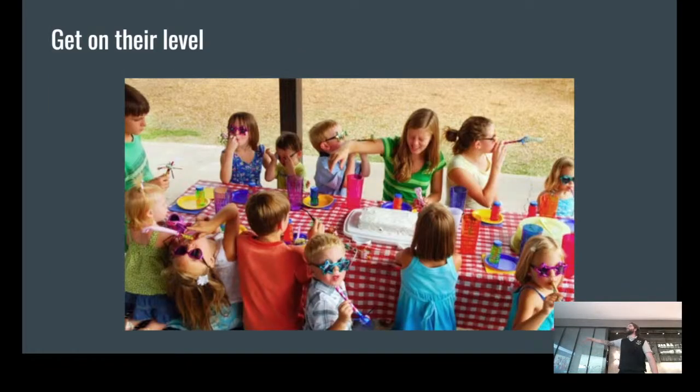But if you're trying to add a little bit more flair and a little bit more artistic value, drop down to the level that the kids are at and make them the main center of the imagery. We can see in this case, the little boy's eyes are not quite in the top third of the photo. Maybe this eye is cutting through, but his eyes are very present. They're one of the first things that we lock onto. His sister or his friend in the background, her eyes are in the top third, so we have that there too. But by getting on their level, we've taken the image that could be something like this,